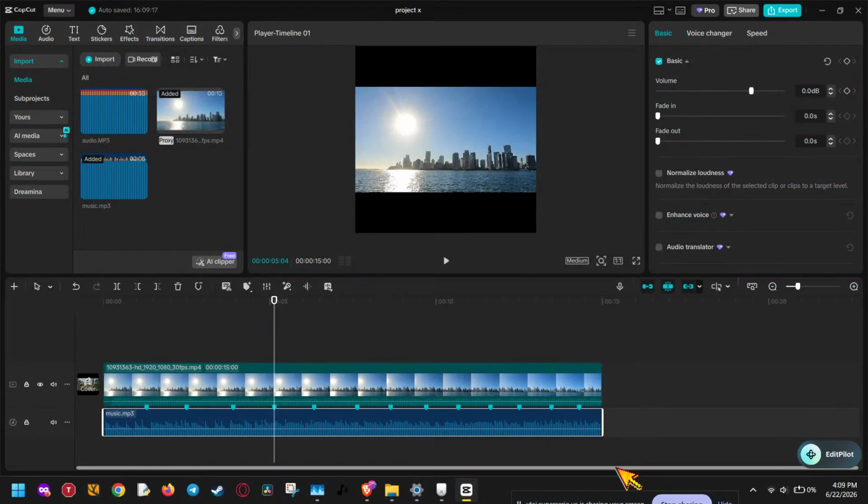If you want to make your edits feel more energetic, more cinematic, and way more attention-grabbing, learning how to add a white flash effect in CapCut is a super useful skill. In this video, I'm going to show you exactly how to do it step by step, even if you're a complete beginner. This is perfect for adding impact between clips, creating smooth beat drops, or making your edits look more